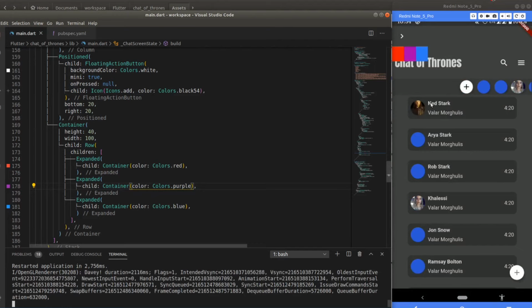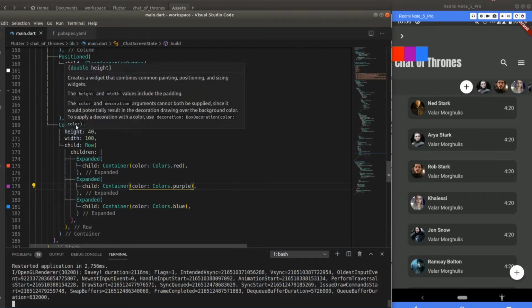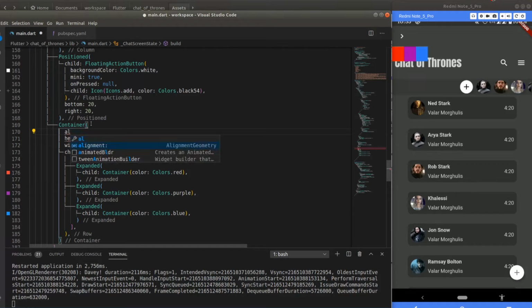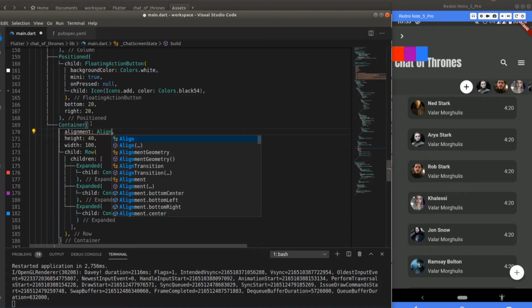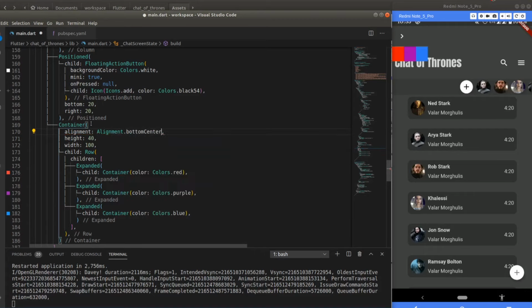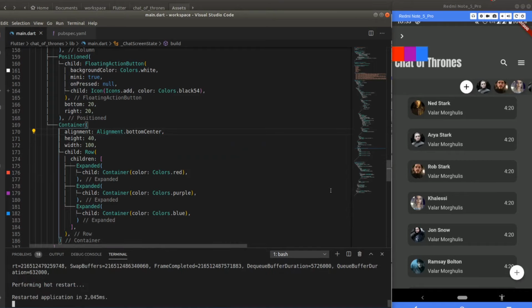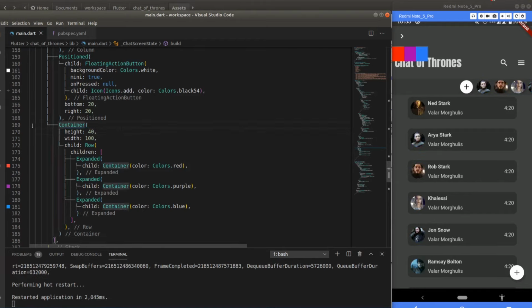So now we want to align it over here at the bottom. So how we can do that is it's pretty simple actually. First thing is alignment, alignment dot bottom center. This looks good. So okay, it didn't move. What else we can do is, instead of using this thing, we can wrap this thing